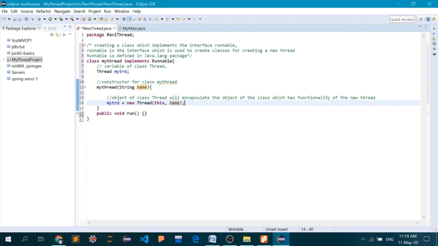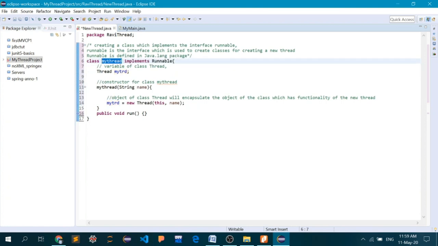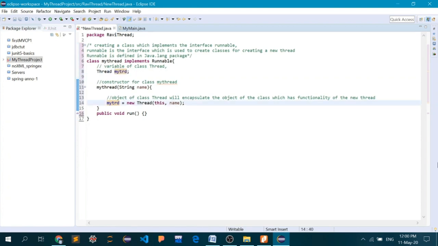The object which I must pass to the object of thread class is the object of that class, in this case myThread, in which you are going to start building your new thread. I am going to start building my own custom thread in the class myThread, and the object of this particular class must be passed on to this particular object myTRD, which is of type thread, and that is what I have done here.